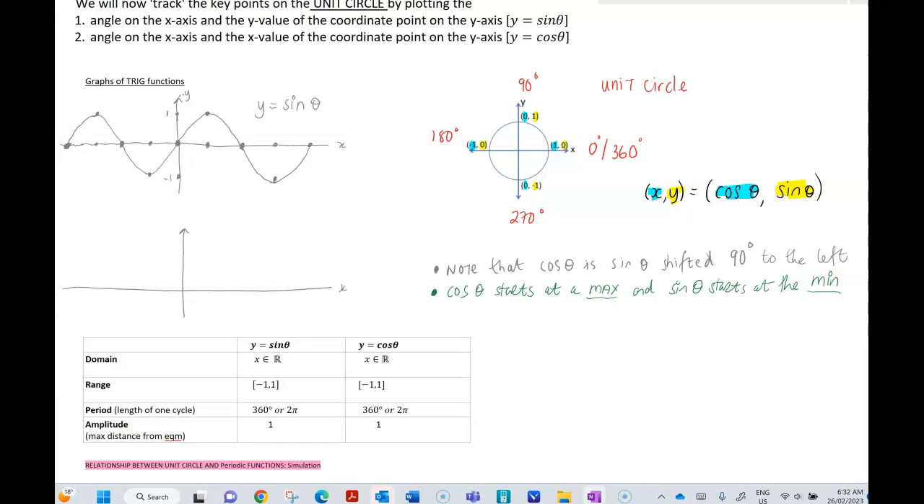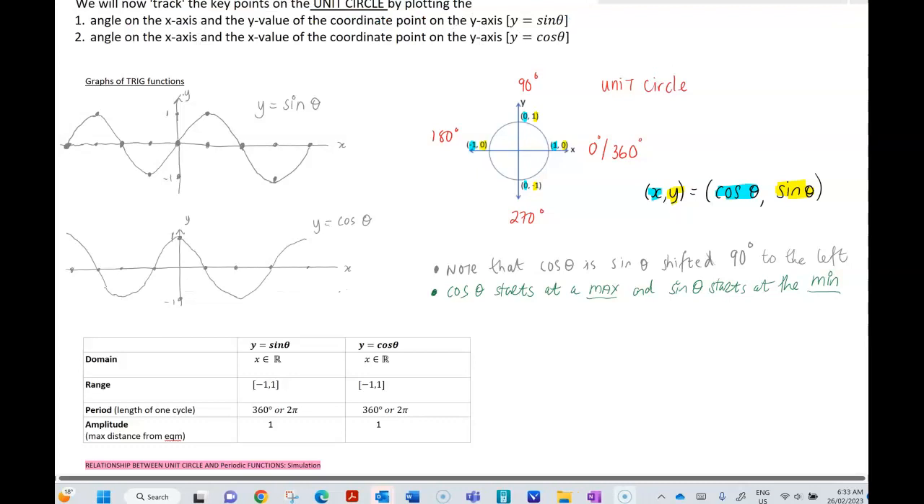See how you go. Plot the video, stop the video and see how you go. All right, did you get something like that? That is my cos graph. So you'll see